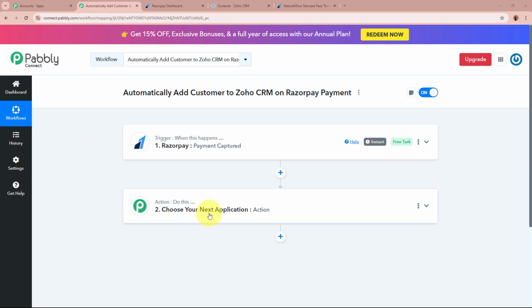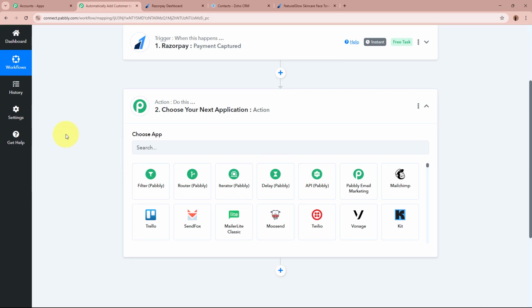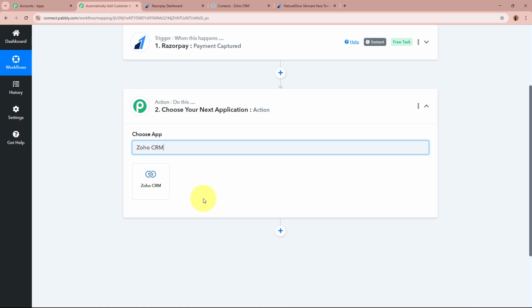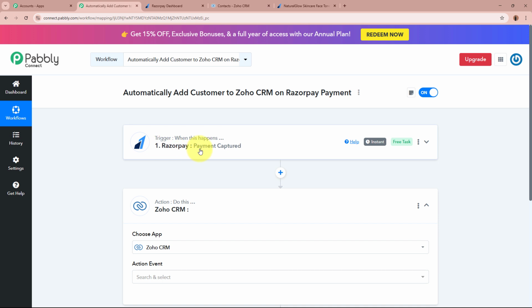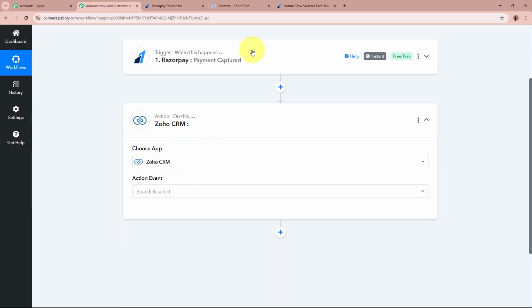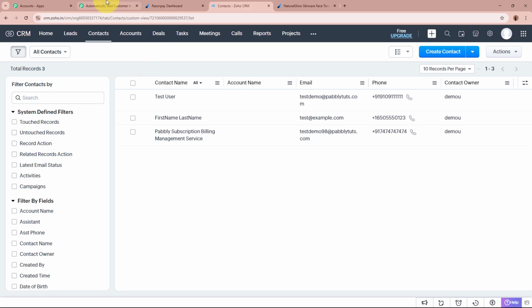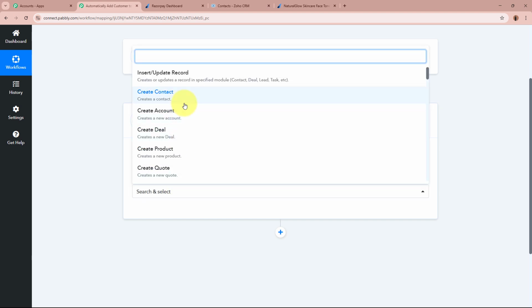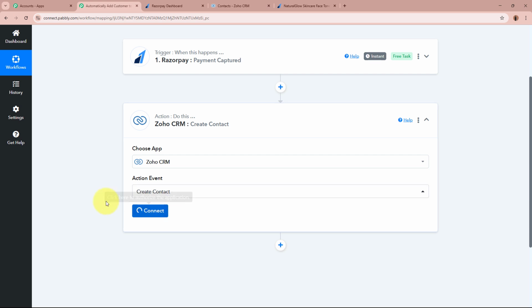After setting up our trigger step, we need to set up our action step. In which for the action application over here, I'm going to select Zoho CRM. As the customer has done the payment, I want to create this customer, who has done the payment using Razorpay, as a contact in my Zoho CRM account. Now in order to do that, I've selected my action application as Zoho CRM. An action event over here is going to be create contact, and then I'm going to click on this connect